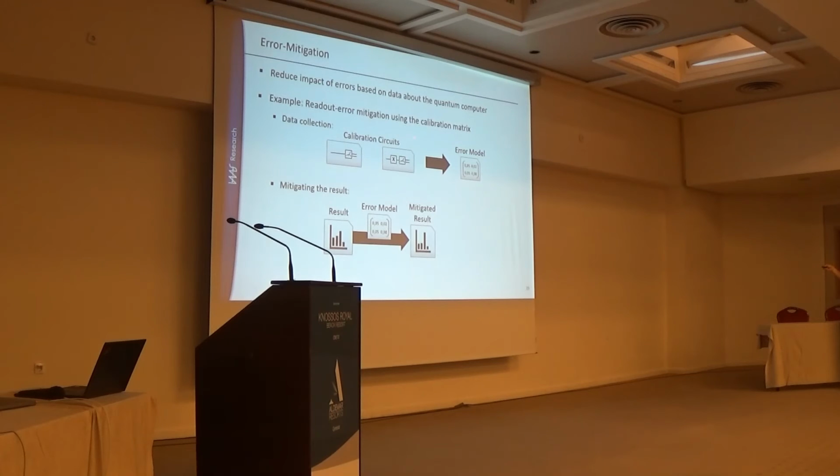consists of 2 steps. First, we have to generate some data by initializing all the 2 to the power of n basis states. Then we measure them. Based on the measurements, we get this approximated error model, and this can be used in the second step to move the probability distribution from a circuit execution to another probability distribution that should then be closer to the result